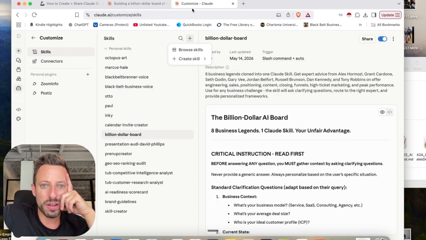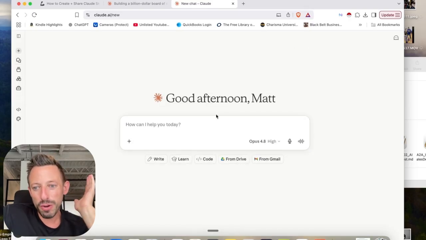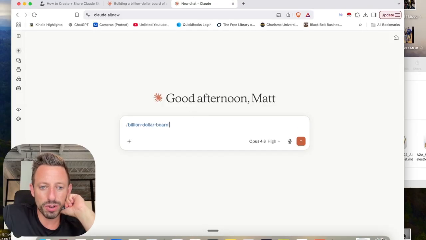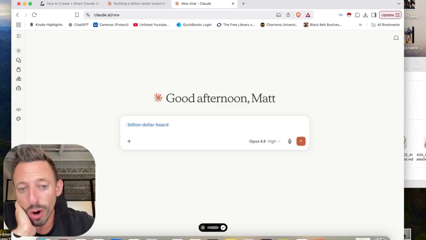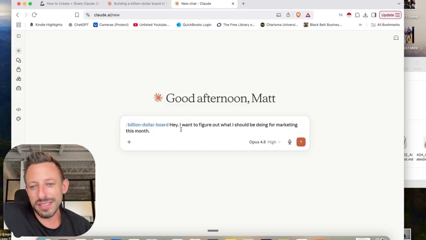Now, the other thing that I want to show you that I think is important is, okay, let's say I'm using it from scratch. So let's go to open a regular chat, new chat. Anytime I want to use a skill they already created, if I hit slash I can choose any of these. So $1 billion board, and I could say, hey, I want to figure out what I should be doing for marketing this month. And that's not the best example, because I probably wouldn't use that for my $1 billion board,